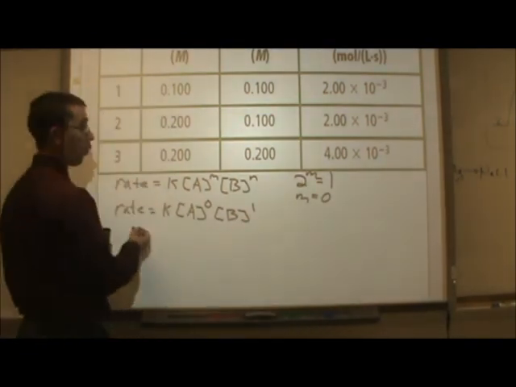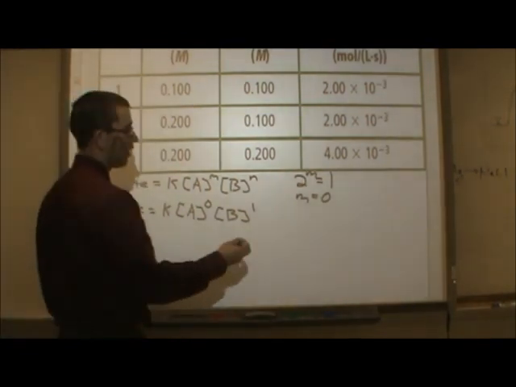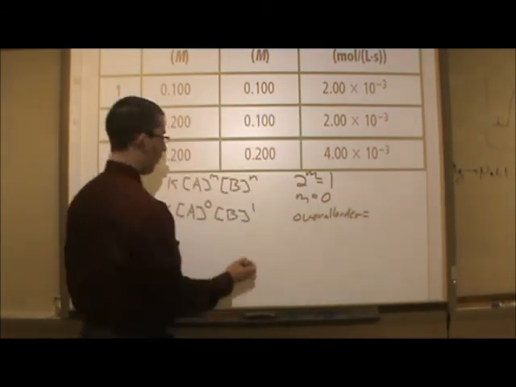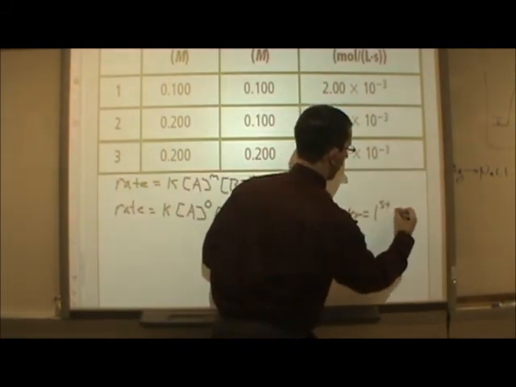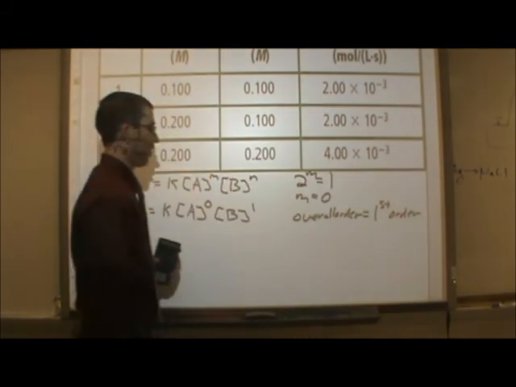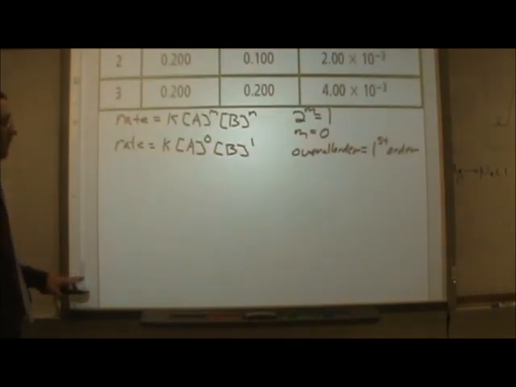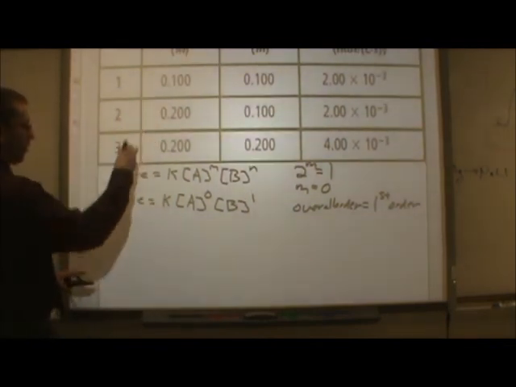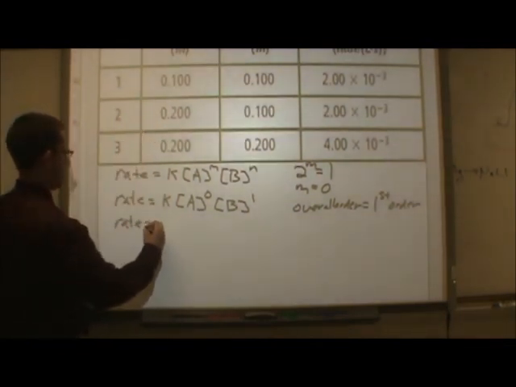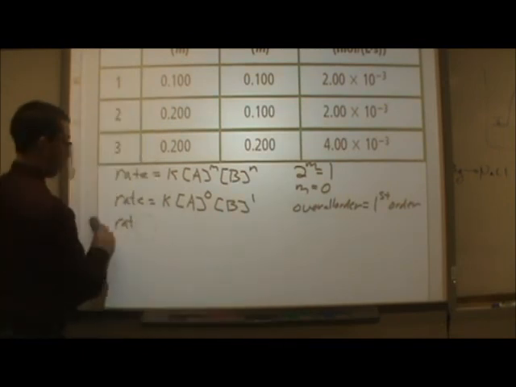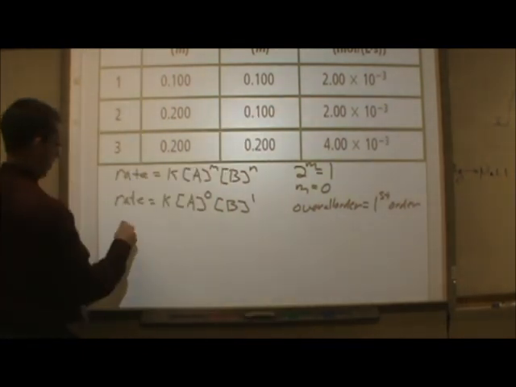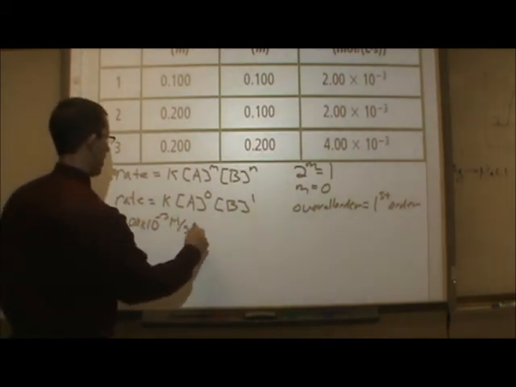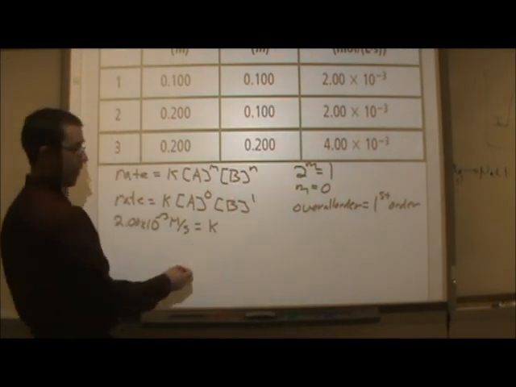Fine. So that was answer 1. Remember, it asked for 3 parts, so answer 1's there. Overall order. Well, 1 plus 0 is 1. So this is a first order reaction. Lastly, it says to find K. I'm just going to take some numbers to plug in. I'm going to start with our beginning here. Rate is equal to, plug in for rate. Our rate is 2.00 times 10 to the negative third molarity per second is equal to K, what we're trying to find, times